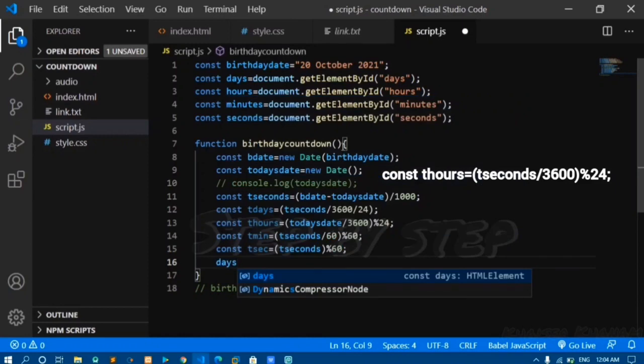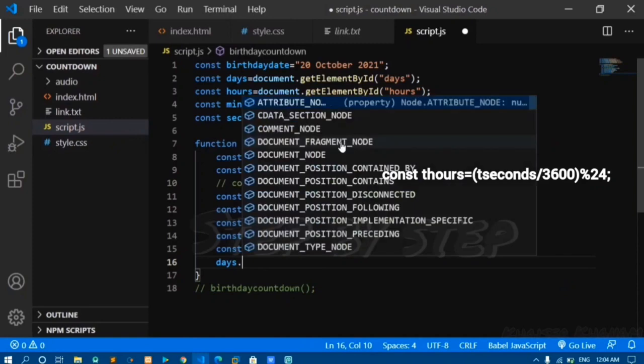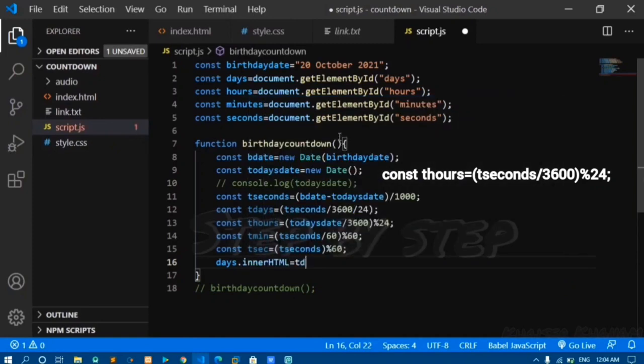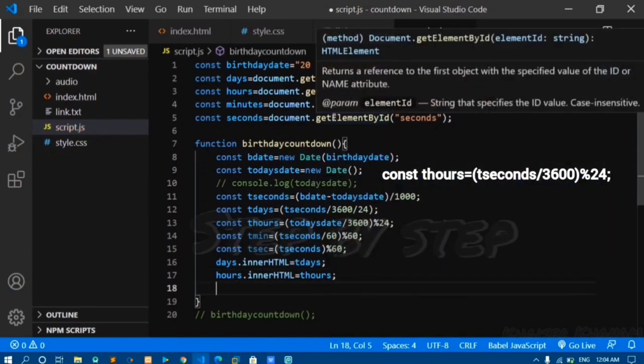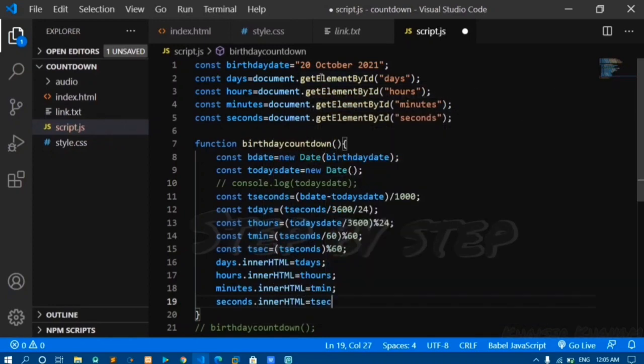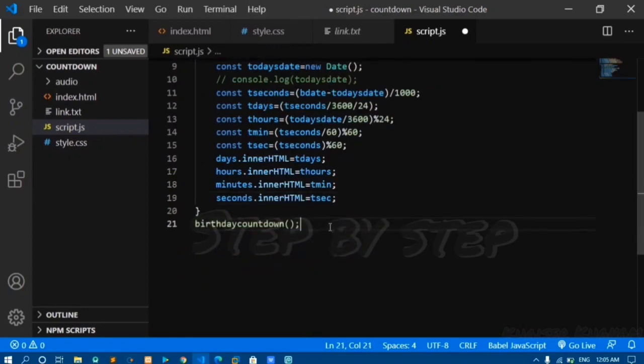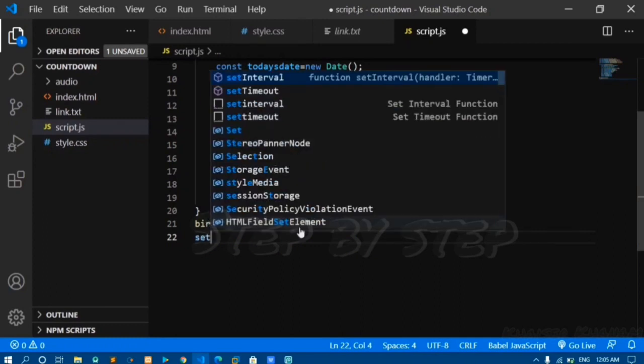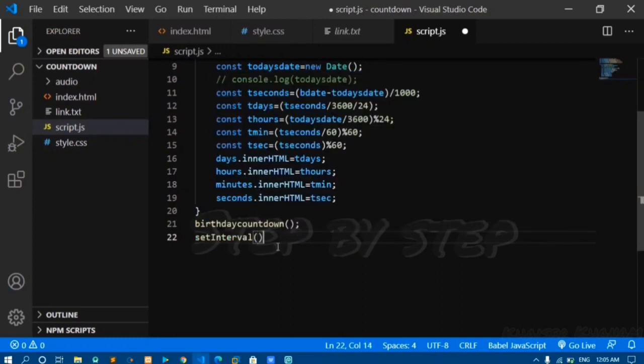Now inside days dot innerHTML I want this total days, and inside hours dot innerHTML I want total hours. Inside minutes dot innerHTML I want total minutes, and inside seconds dot innerHTML I want total seconds. Now call this function, and after every second set the time interval, setInterval. Copy this one, Control C and paste it here, and after 1 second